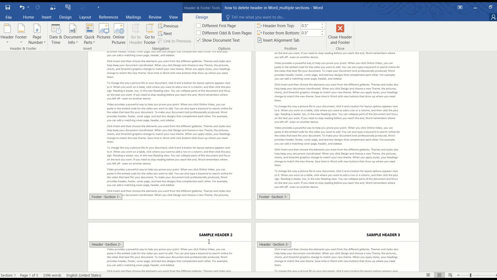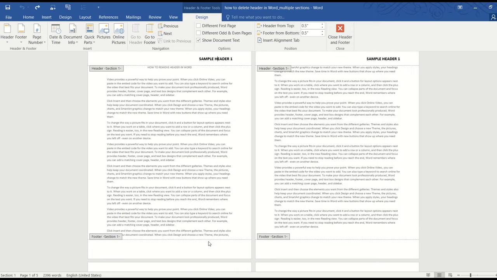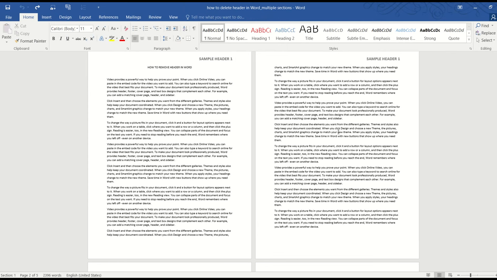And if you are working on a really long document with hundreds and hundreds of pages and a lot of sections in between, then it would be really time-consuming and tedious. So let's learn a quick method to remove them all in one go. Now, in Word, header and footer are only applied to a section, not to a page. So in order to remove all the headers in one go, we would first need to remove